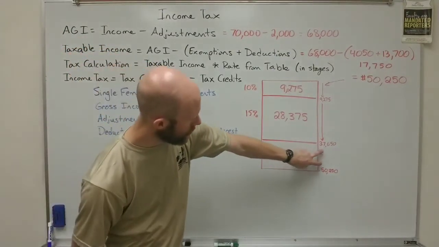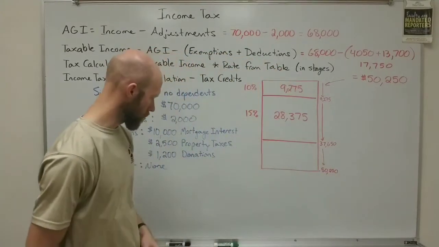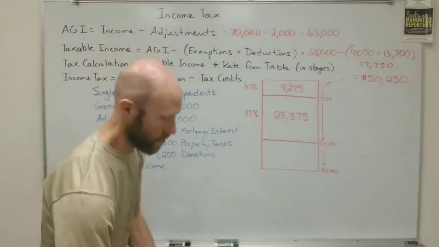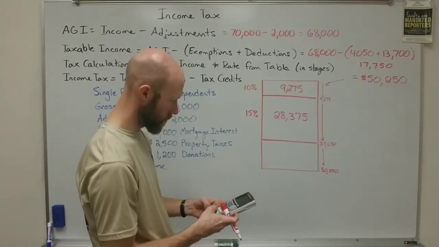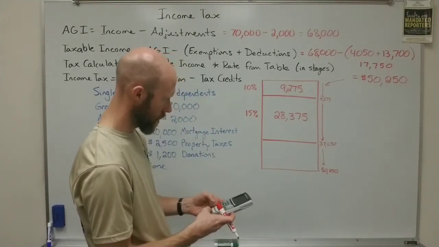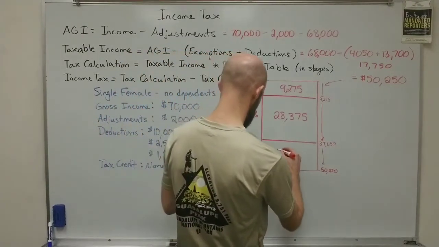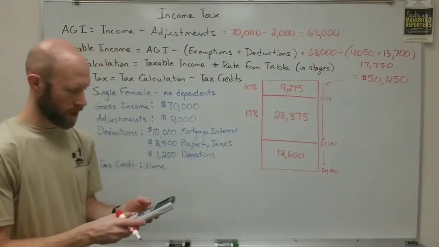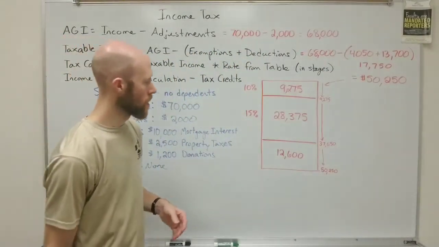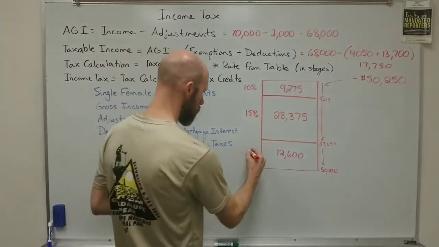And so now I need to figure out what this difference is to get the amount for that chunk. And of course that is $50,250 minus $37,650. And that value is $12,600. Okay, $12,600. And so that remainder gets a 25%